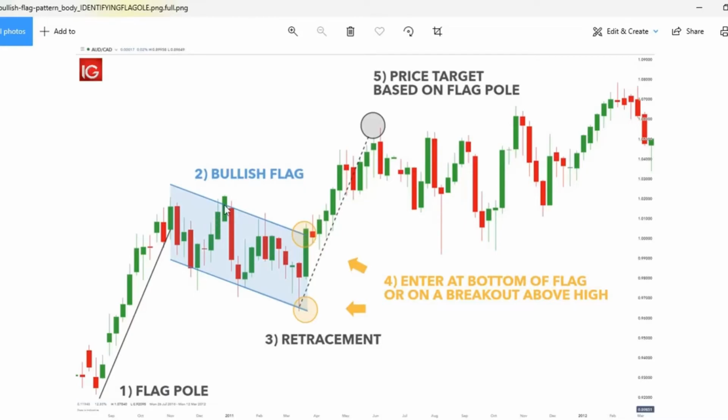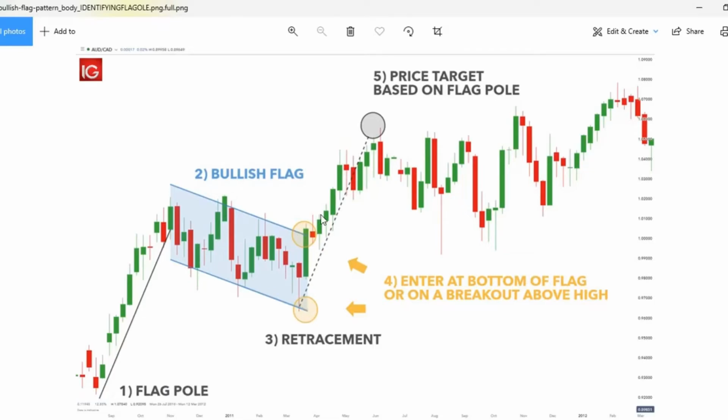This is called a bullish flag pattern because the trend has been positive. So we have to stay with the trend, right? Trend is our best friend. That is why this is a bullish pattern, that we have to stay with the positive trend right over here. So there's this positive trend, there's this consolidation, and there's this breakout. And after it broke out, as you can see, it went up. When it breaks out above this resistance, you can place your stop loss order somewhere over here